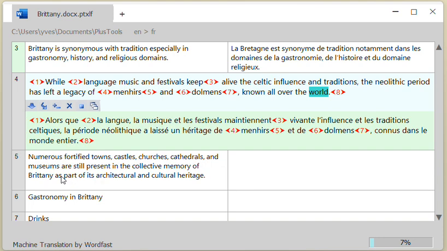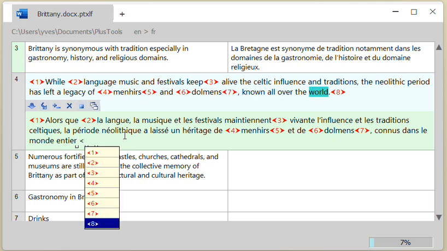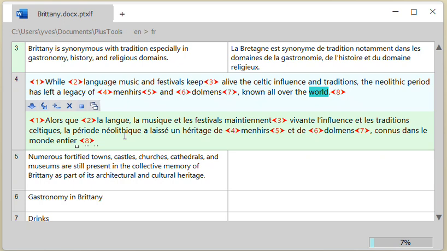Tags are little codes here in red that protect the layout, the fonts and so on in the source document. They are important. They can be moved around, just drag and drop, or they could be deleted, and then if I type the smaller than, I have the list of tags. It's preset on the most likely one that should go here, and I have my target document with the tags